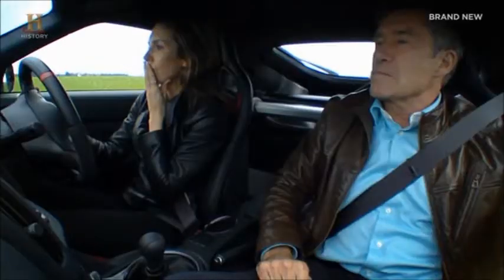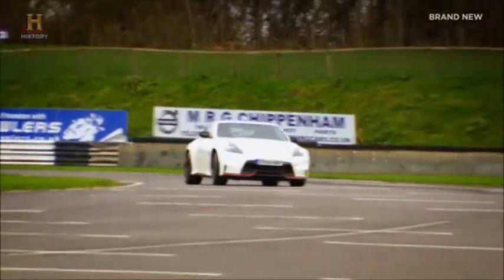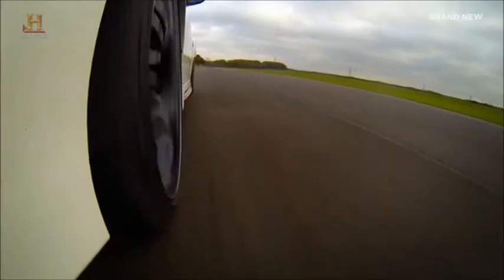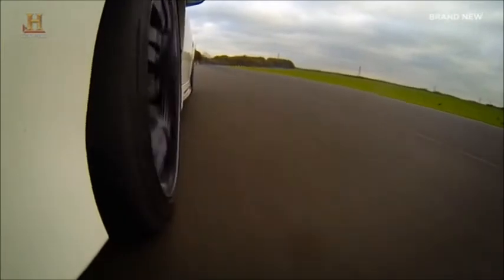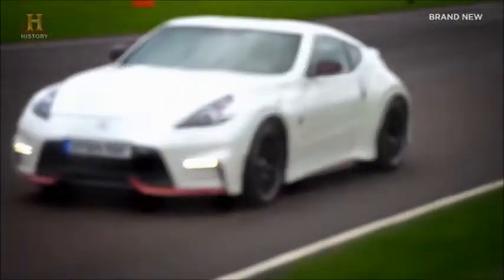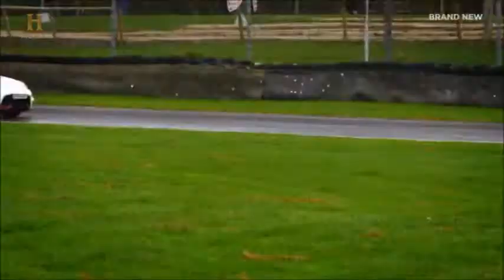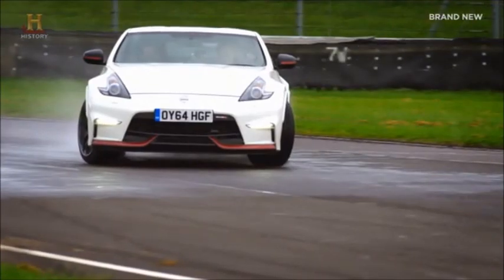So, after careful consideration, we decided to abandon power sliding and set our pupils a fresh challenge. Our drift queens would now become speed queens. The objective, to find out who could lap Castle Combe track in the quickest time. Going fast requires a very different driving technique to going sideways. So Mark and I are back behind